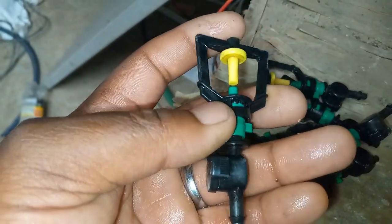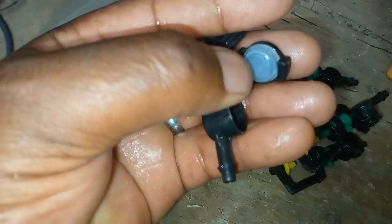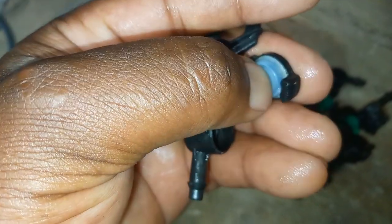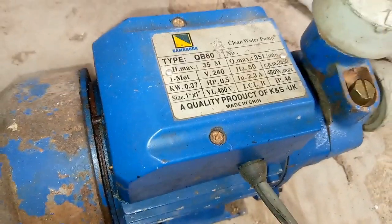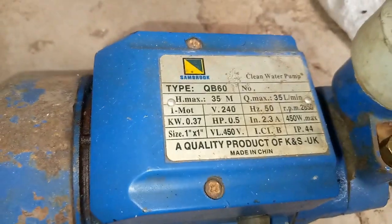our sprinkler over here has a valve. This valve is normally located here. So you can see it. This is the valve, and for water to come out as mist, this valve must be pushed by water. That means some pressure must be there. So you really need this pump here, or any other pump, but this is the simplest and lowest cost pump that